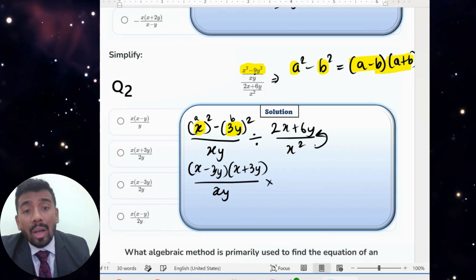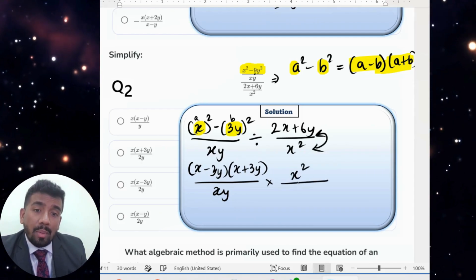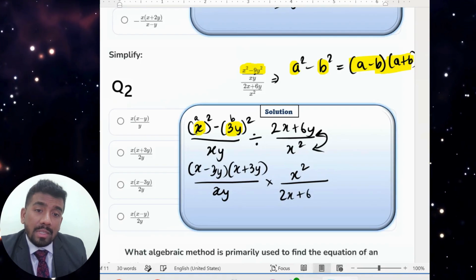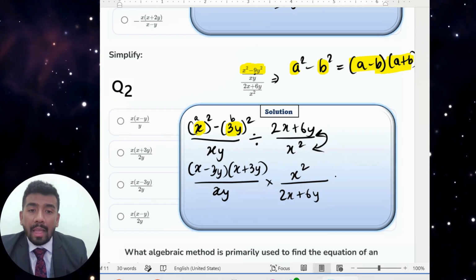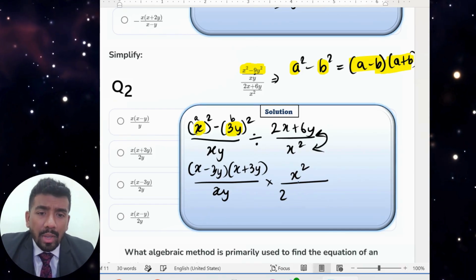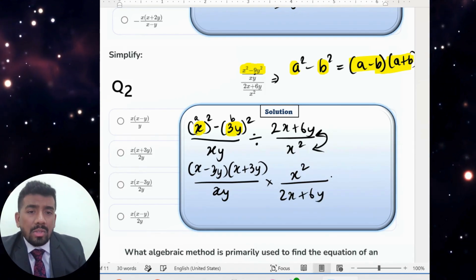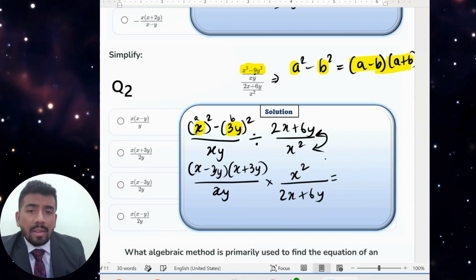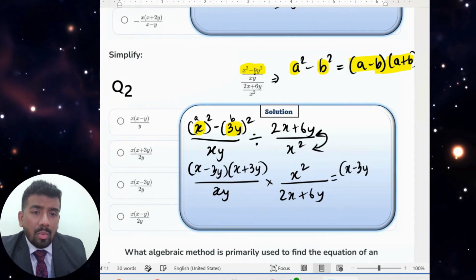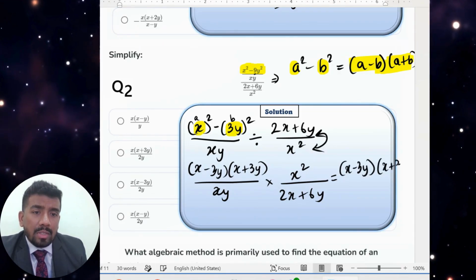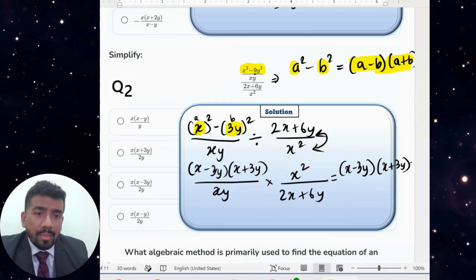So when you make it times, you will flip this thing. This will go up and the up will come down. So x square will go up and 2x plus 6y will come down. Again, this 2x plus 6y will come down. Now can you see something? Let's write it together: x minus 3y, x plus 3y, and x square you have